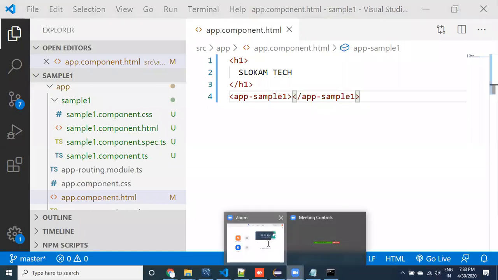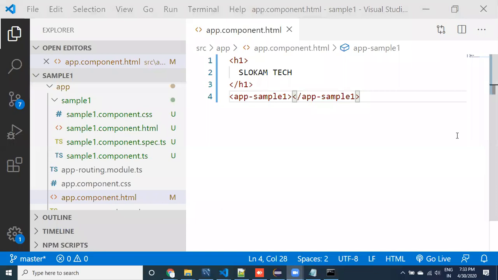Somebody has a query, right? Is it not possible to install our own components without the base component? No, the base component is required. Why? Because that is the bootstrap. Like without the main method in Java, you cannot run the application. The same way, the base component is required. Execution starts from the base component itself. So the app component is required.